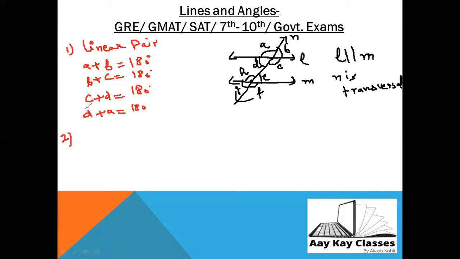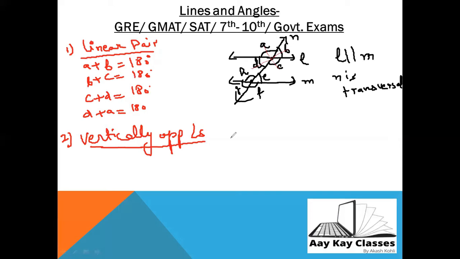The second pair after the linear pair is vertically opposite angles. So what are these? We sometimes write angles like this, right? So what are vertically opposite angles? Let's have a look. Whenever we have a cross like this, see, I'm drawing across this and this. These are vertically opposite. So A equal to C,